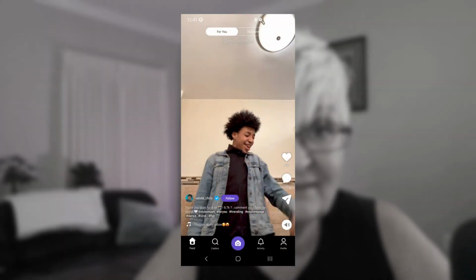Now let's take a look at Dubsmash. This is the feed where you first log in, or the home page. You cannot pause this, but you can turn the sound off by clicking on the image. To the right we have the little heart to like. We have a space to leave a comment. We can share, and at the bottom you see the sounds if you want to use the same sound. If we look at the very bottom of the screen, we have our feed, we have explore, we have create, activity and follow.